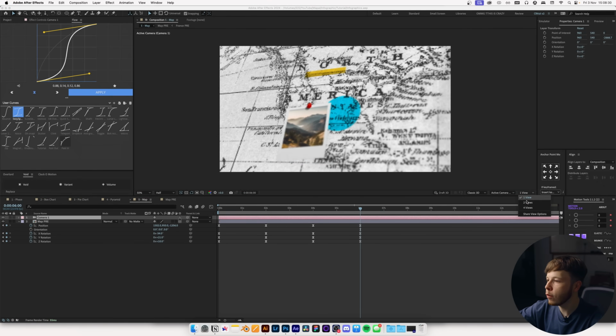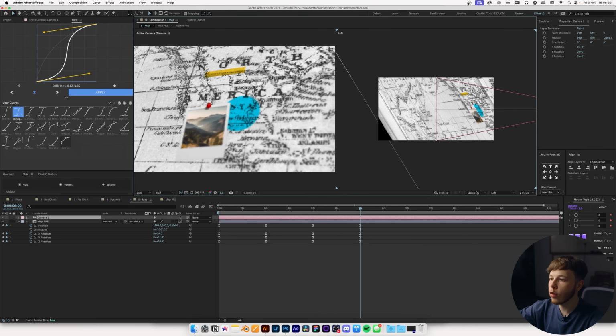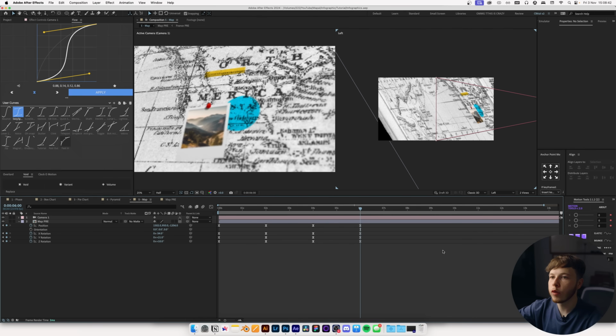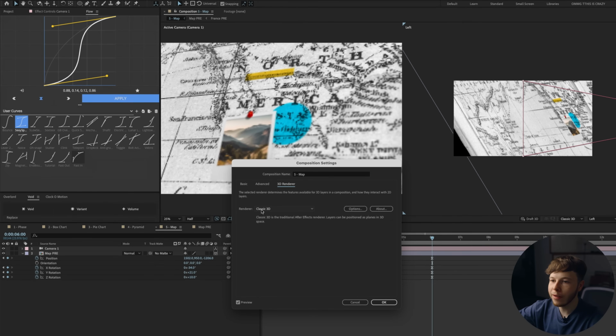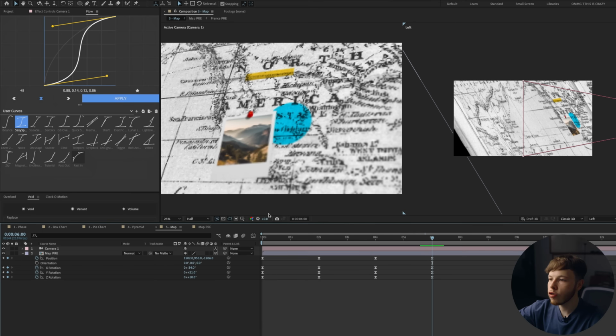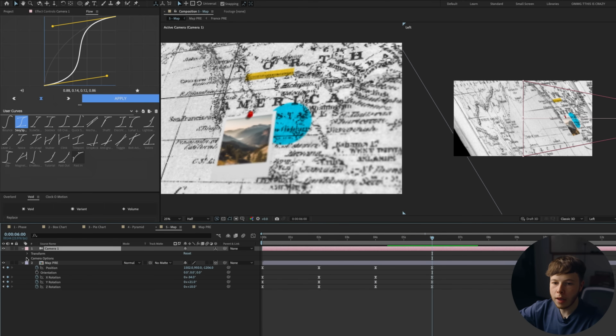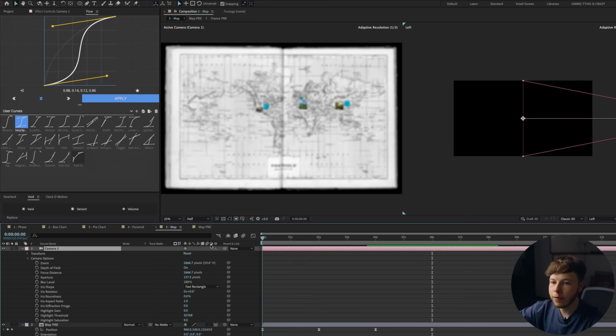I'm gonna go into my 2 view mode, make sure I have left selected. If you don't see any of these options, or if you don't have the depth of field, make sure you're on classic 3D for the renderer. You can always hit Command K to bring up your composition settings, and make sure you have classic 3D selected in your 3D renderer. Now we can open up the camera and camera options, go to the very beginning and